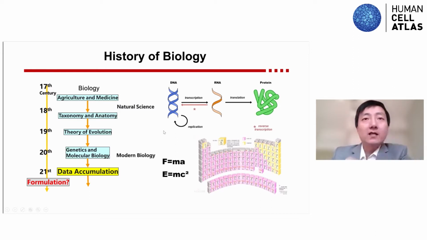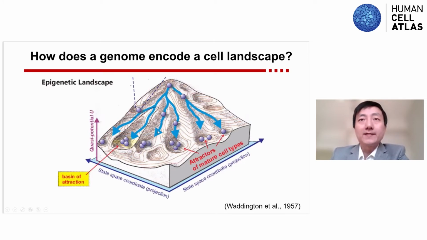Apparently, there are many variables in biology. You need lots of measurements until we have enough data for modeling. And this is the challenge. So how does a genome encode the cell landscape? Back in 1950, Waddington proposed this epigenetic landscape, and although it's a concept, it beautifully describes that every cell type corresponds to an attractor or an equilibrium state that is self-reinforced, and that really attracts unstable stem cells into these valleys to make different cell types. So why not simply measure the whole landscape at single cell level and then try to see if there is a model? And this is what HCA has been